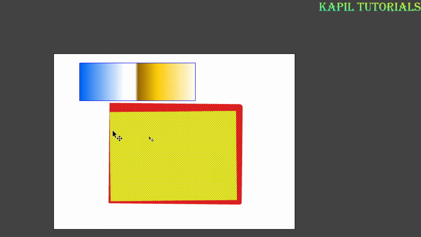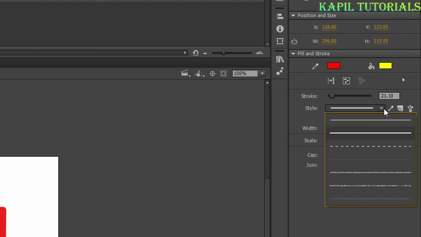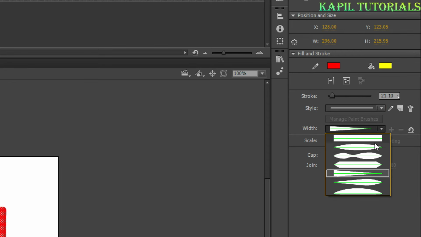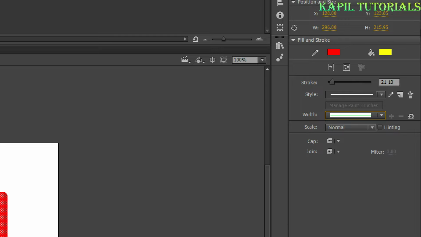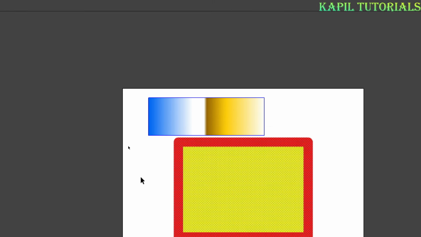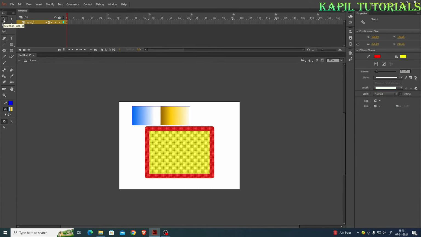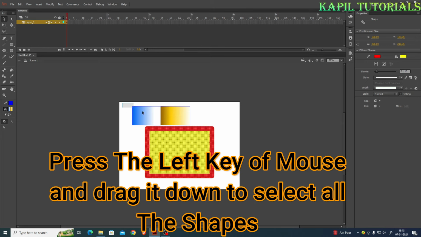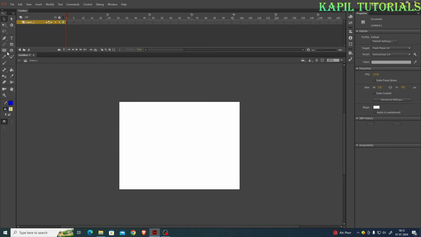Different styles are there. You could just see the different styles here. Width. So I'll just select the uniform. So it's uniform from all the sides. I hope these options are very much clear to you. It's very simple. Selection tool, I'll select all, press the delete key from the keyboard, and now I'll select